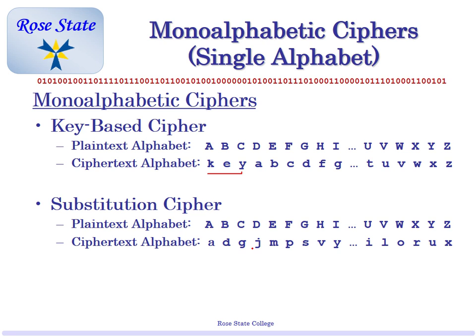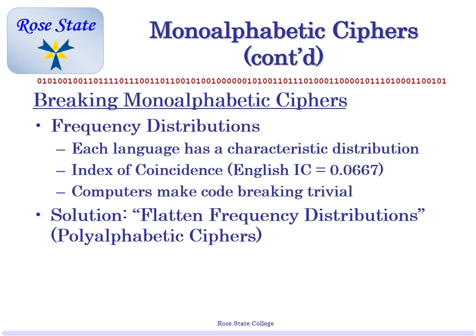All right, breaking them. There's something called frequency distribution. Do you ever do those old puzzles in the Sunday crosswords? At least some of us probably did. Most of you were young. You probably never seen the Sunday paper before. But what's the most common letter in English? Who watched Wheel of Fortune? R-S-T-L-N-E. Remember that? Y'all know that. Hopefully you do. Okay. But basically, each language has a certain distribution. The index of coincidence for English happens to be that.